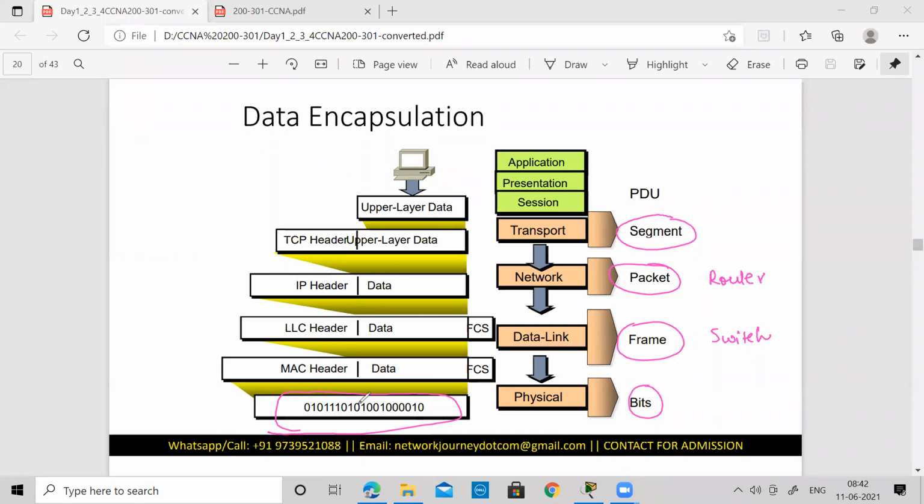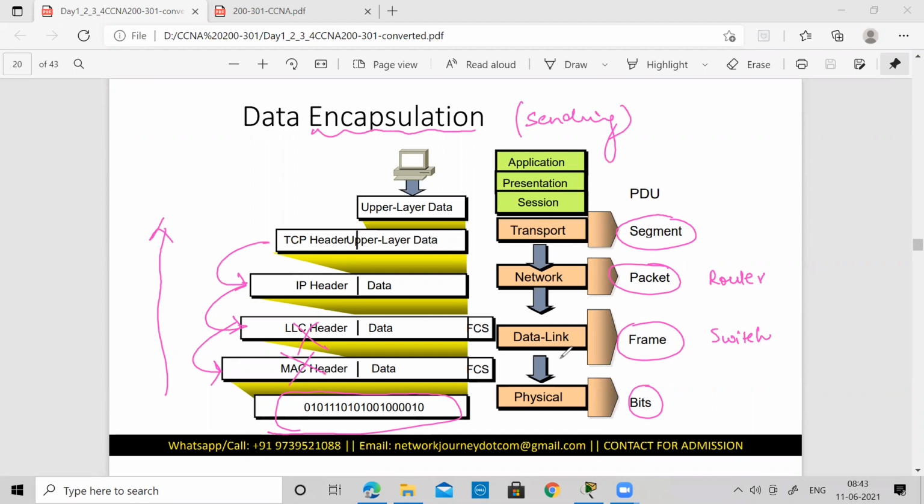And on the other side, exactly the reverse process will happen. That means it's going to go through the decapsulation process. Whatever we saw, when everyone was adding their own header in each of their layers, the term used for that is data encapsulation. So when you are sending the data, the process of data encapsulation is happening. When you're receiving the data, there is decapsulation, meaning you're going to strip off these headers when you give it to the upper layer.